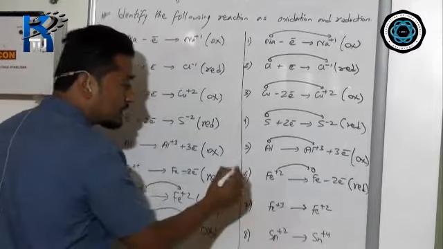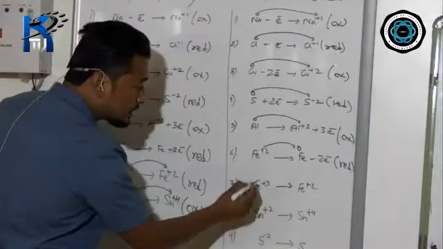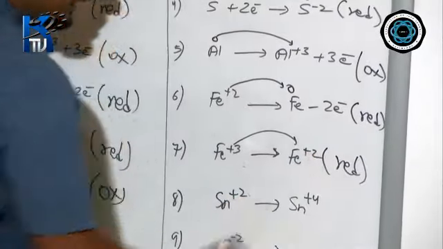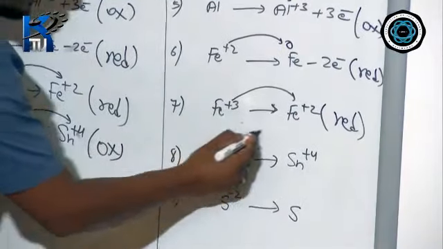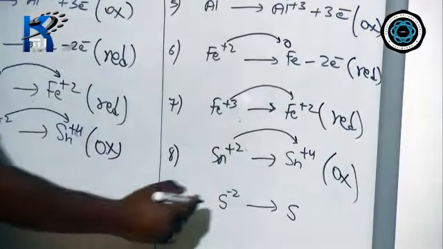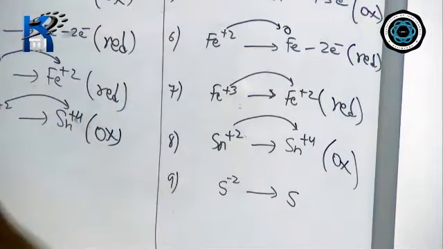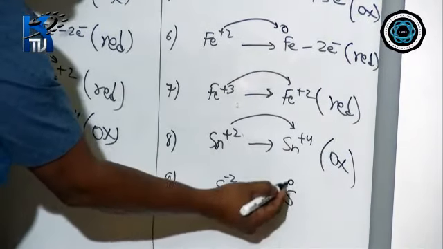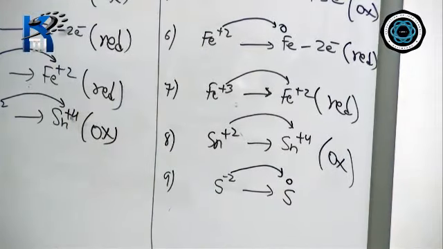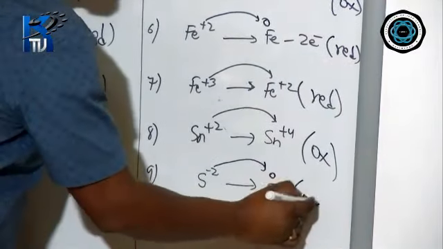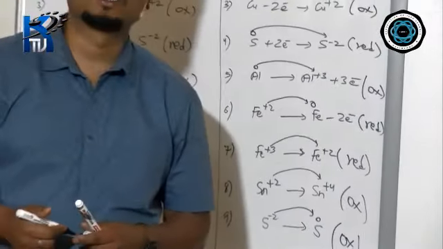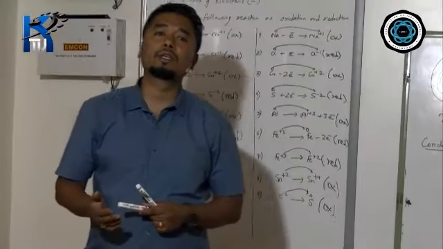Again, in this case both have charge, so no need to put 0. So 3 to 2 is what? Decrease. Decrease means reduction. Here if you see, 2 to 4 is what? Increase. Increase means oxidation. In the last one, this has a charge, that is minus 2, but sulfur does not have any charge, so put 0 again. Now minus 2 to 0 is increase or decrease? Increase. So increase means again what? Oxidation, which is very simple for weaker students to remember, because with the help of the electron they usually get confused.